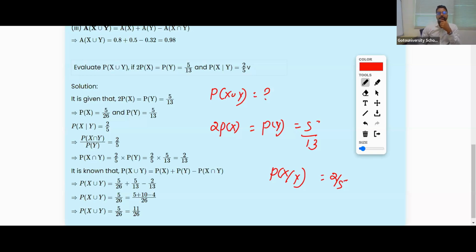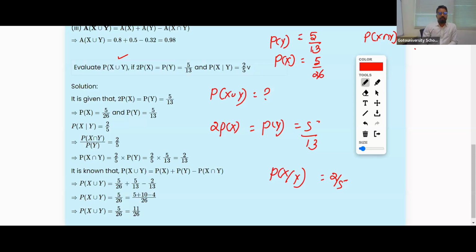First, we will try to find out P of X and P of Y clearly. If P of Y is equal to 5 by 13, P of X will be half of P of Y, which is 5 by 26. Now if you want to find P of X union Y, we need P of X intersection Y, right? So P of X intersection Y is missing. To find that, what we need,